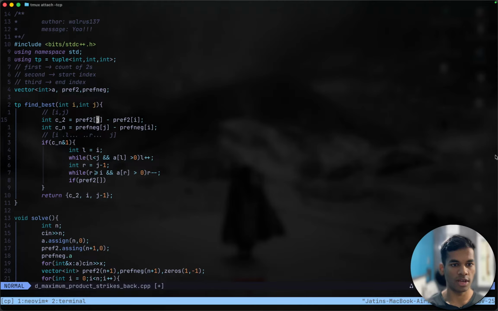And here J is not included in the range, which, yeah, this makes sense. J is not included and I is included in the final answer. Yeah, makes sense. And here the right limit is again J, and we subtract prefix 2 of L plus 1, where L is not included. If this thing is greater than